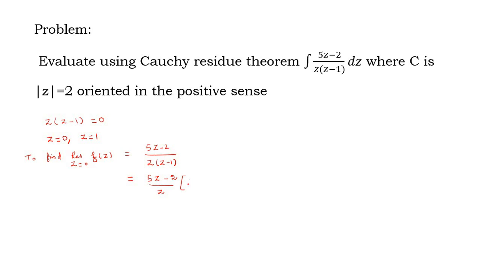Which is equal to minus of (1 minus z) whole power minus 1, and which is equal to (5z minus 2) into minus 1 by z of (1 plus z plus z square plus etc.). Now we multiply 5z minus 2 inside this one. Therefore we can get